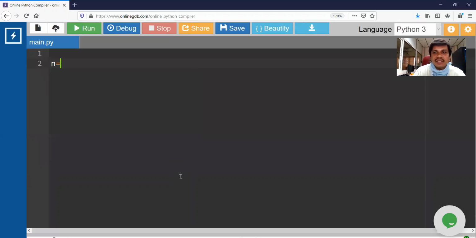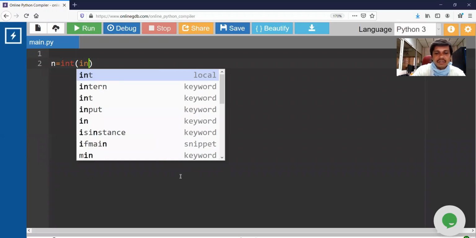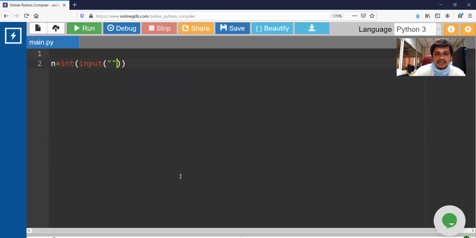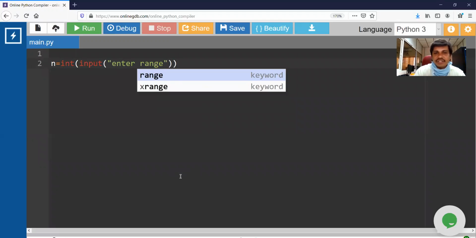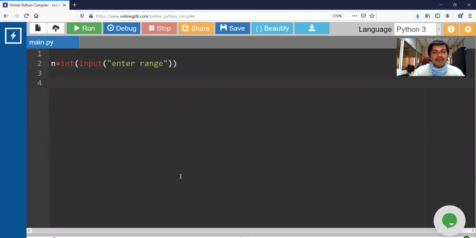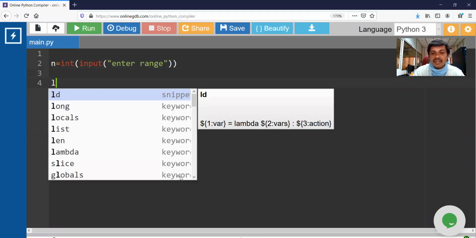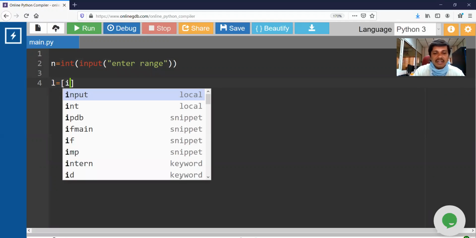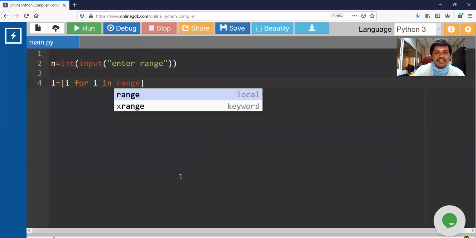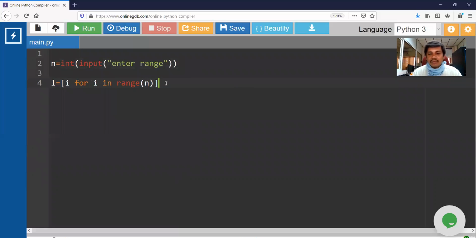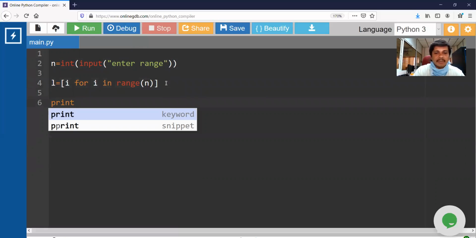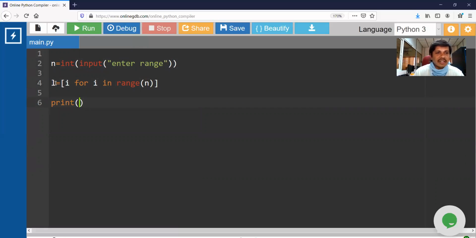What I'll do is initially I'll read range input of n. Enter range. Very good. Now basing on this range, I'll take the list of elements, using list comprehension, i for i in range of n. What does it do? You can check it out here. Print. Let this be prime, because every element in the list, we'll start like every element in the list is a prime number. I'll print it.